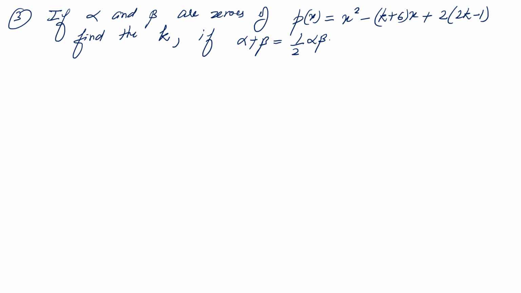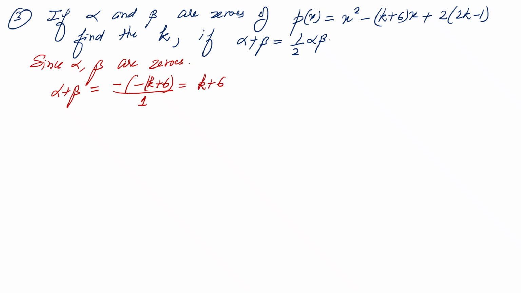So हम क्या लिखेंगे? सेम वही काम है, since alpha beta are zeros, क्या लिख सकते हैं हम? सम की वैल्यू कितनी आएगी? माइनस बी बाय ए, दैट इज माइनस द कोफिशिएंट ऑफ एक्स। देखो एक्स का कोफिशिएंट है माइनस के प्लस सिक्स अपॉन कोफिशिएंट ऑफ एक्स स्क्वायर। यहां से वैल्यू आ गई के प्लस सिक्स, राइट? और प्रोडक्ट ऑफ जीरोस अल्फा इंटू बीटा क्या है हमारा? सी बाई ए, दैट इज टू टाइम्स टू के माइनस वन अपॉन कोफिशिएंट ऑफ एक्स स्क्वायर। सो ये वैल्यू आ गई।